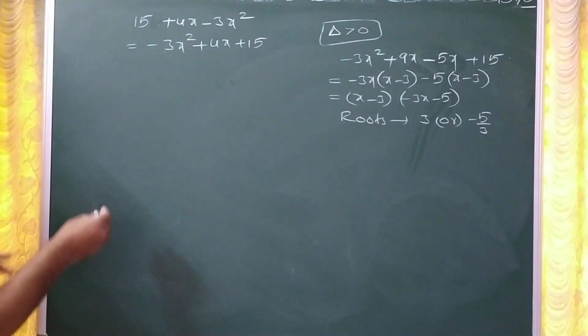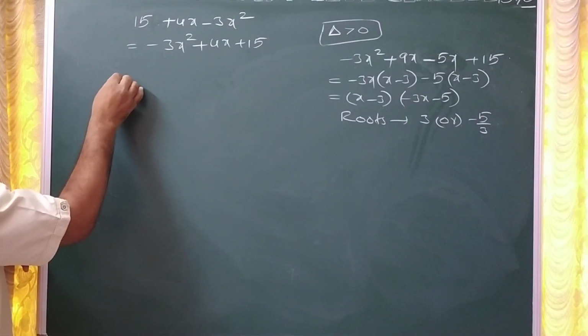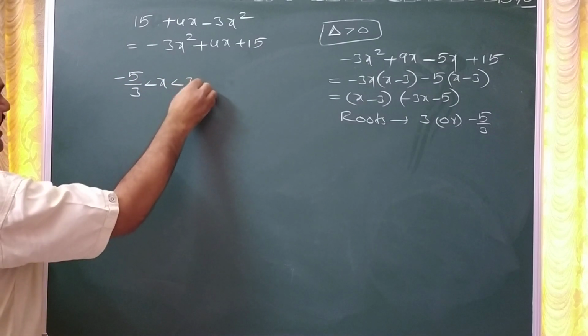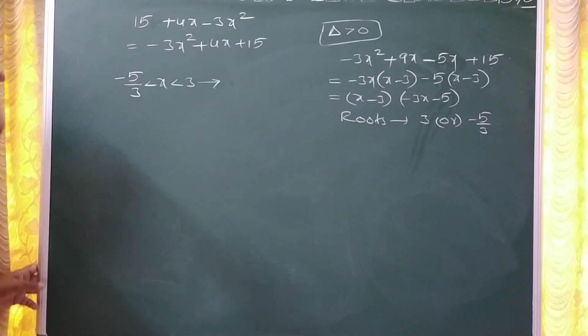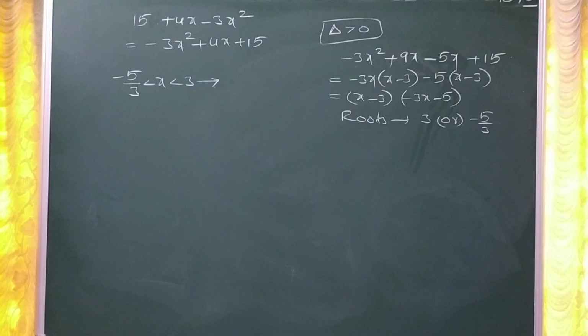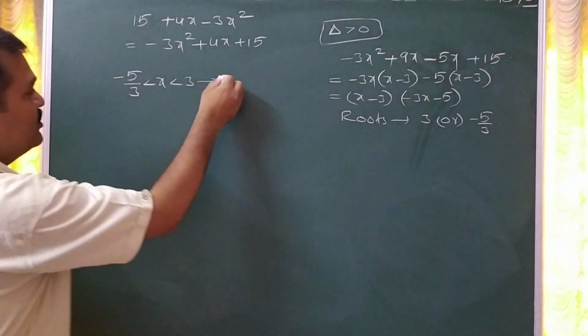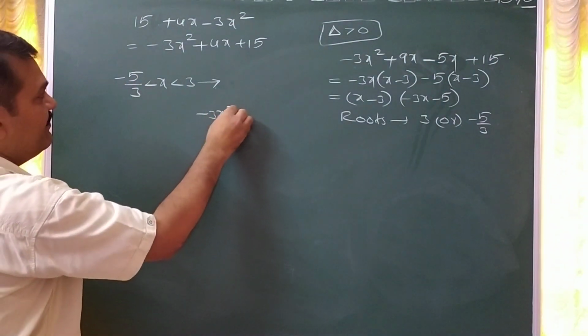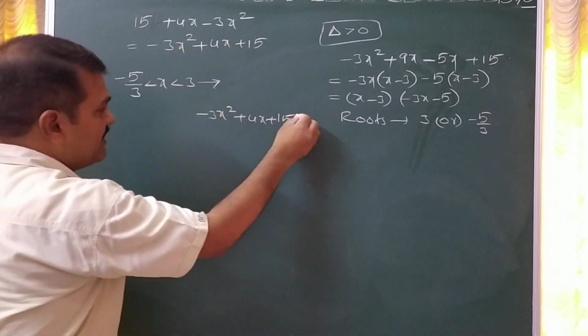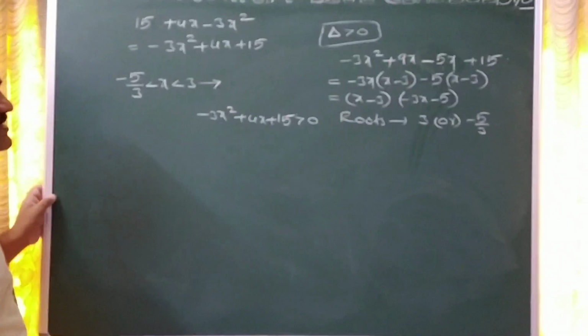So therefore, what are the conditions? When x lies between the roots, take the smaller root first. When x lies between the roots, the coefficient of x square and the expression have opposite signs. So when x lies between the roots, opposite signs means the coefficient of x square is negative, so the expression is positive. When x does not lie